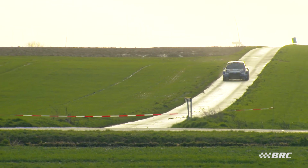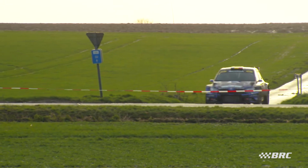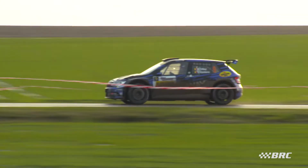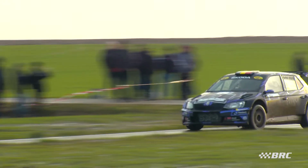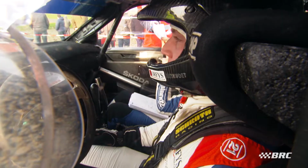Wagner is here to prepare for the French Rally Championship. Guillaume Dillet is back from a long absence at the wheel of a Fabia R5, not the Evo version, that will be for later this season. And here's Niels Rijnvoet,